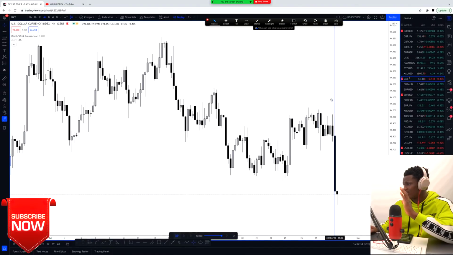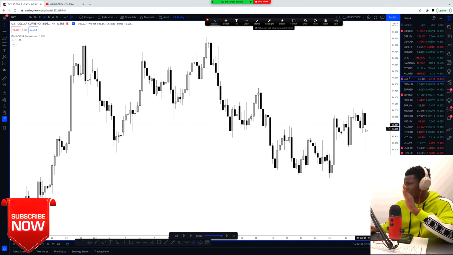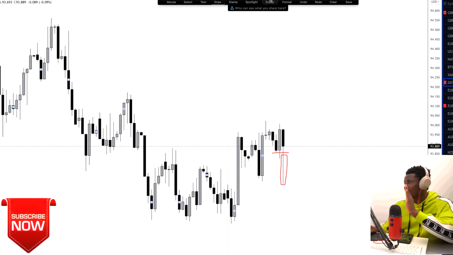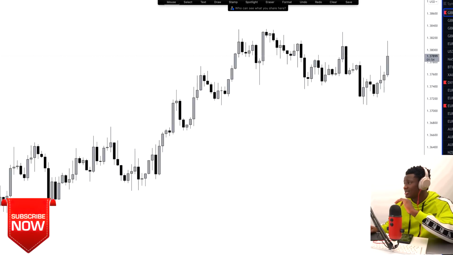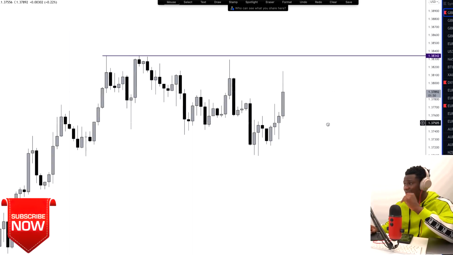I think it was somewhere around this part of the week, right, where it started pushing down a little bit, and I figured that with this push down, it wasn't this kind of pullback here. It was a full body candle, right, pushing down like that. So with that, I figured that there could be a continuous push in some crosses like GBP USD, Euro USD, USD Swiss franc, New Zealand USD, right?